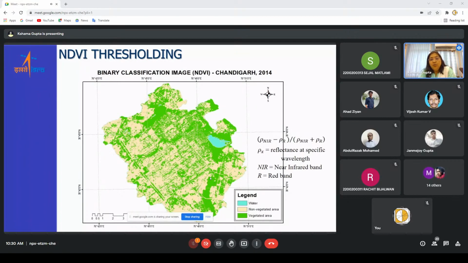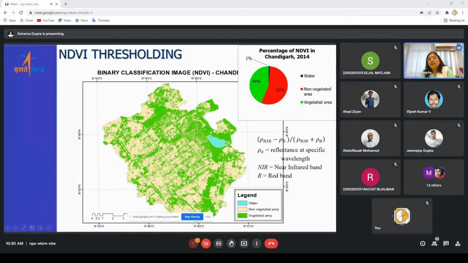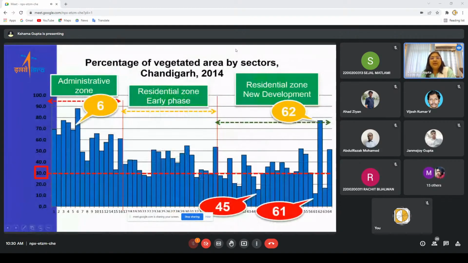Now, once we do this, we can do a lot of analysis. Once we have it in GIS, we can study the overall city level: this much is the non-vegetated area, this much is the vegetated area. But we can also study different sectors, different wards, different mohallas, different colonies, whatever areal unit you have. You can create a shapefile, or if you have the data with you, you can analyze your urban area with respect to that. So here in Chandigarh, we have analyzed the vegetation area by sectors, and